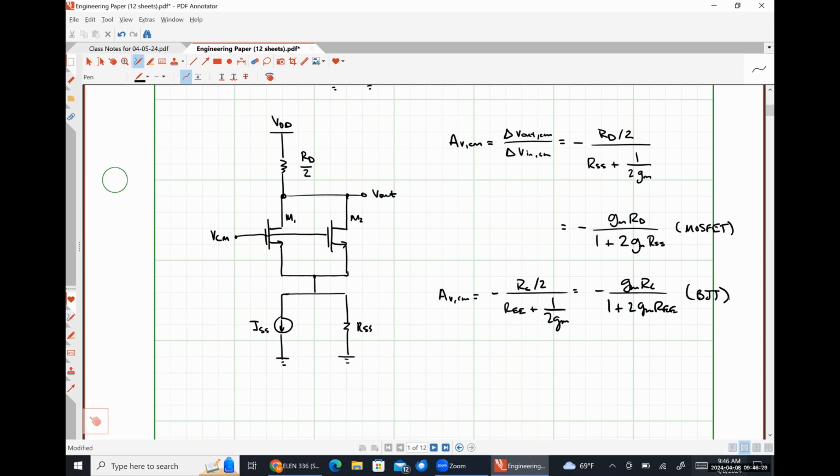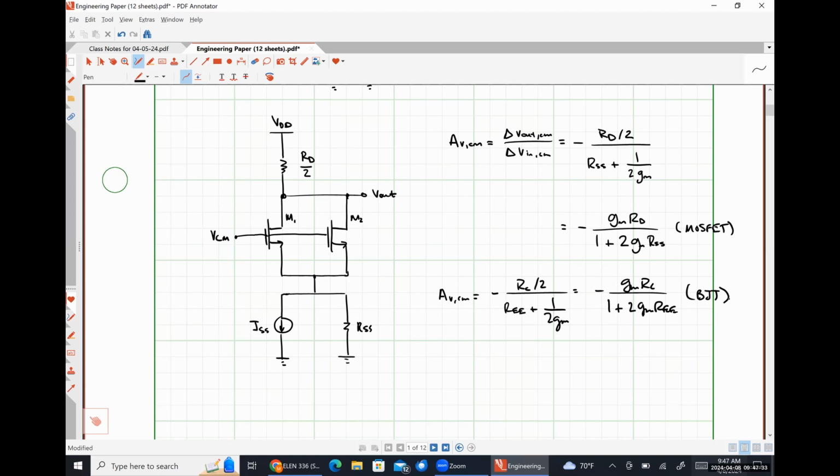So what do you think the value of this common mode gain is generally going to look like based on these expressions? Let's think about things here, okay? RSS and REE by extension are the output resistance of a transistor-based current source stage. So if we had a single transistor acting as a current source, that would look like R0, right? If we had a cascaded current source, that would be significantly higher than R0, okay? So we're going to have 1 plus twice GM times some large resistance